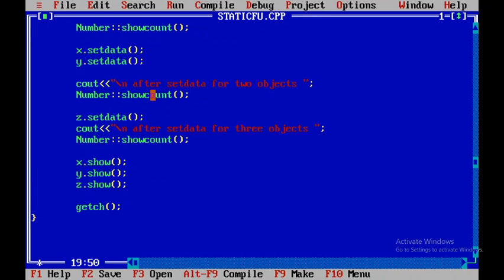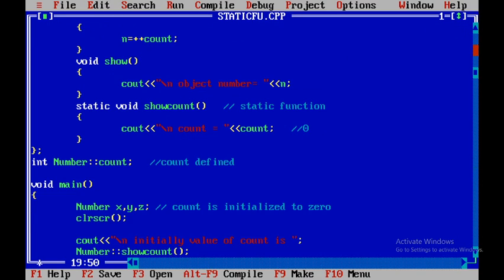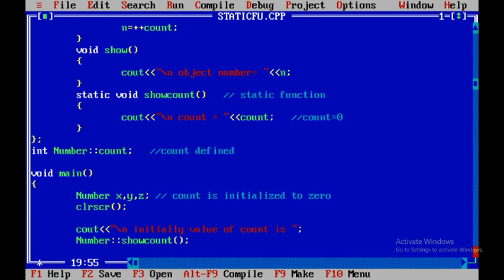As it is associated with the class, we use the class to call this method. A static method is always said to be a class method. So when we call this class method showCount, which is static, the output will be count equals 0.